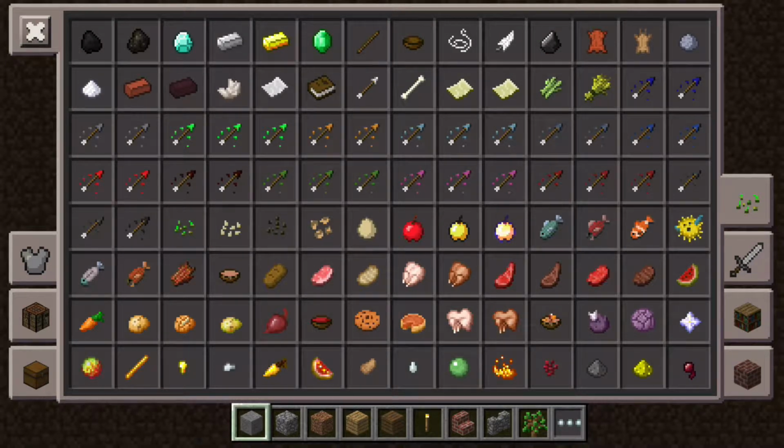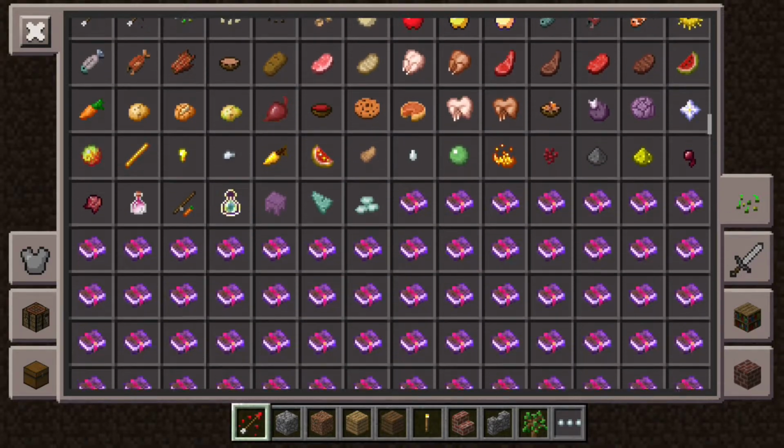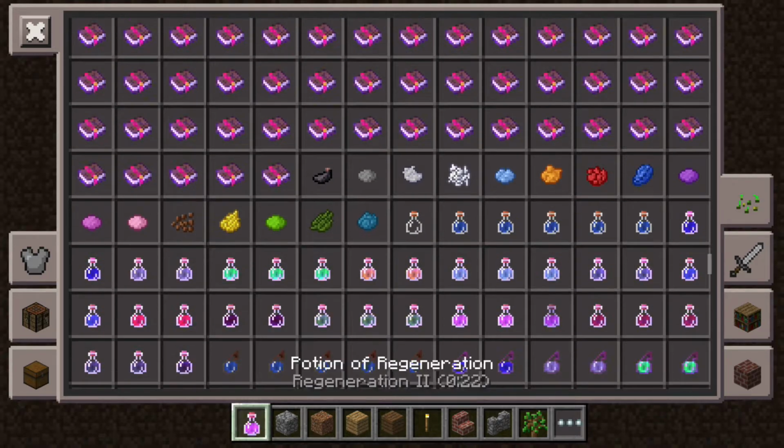But let's start here at the very top on the right. You'll see what look like seeds. The seeds tab contains things like coal, iron ingots, gold ingots, diamonds, jewels, emeralds, but it also contains books and bones and arrows. It has the maps, and there's wheat, sugarcane, bricks. Down here you'll have arrows of strength, and if you scroll down you'll have enchanted books and potions that you